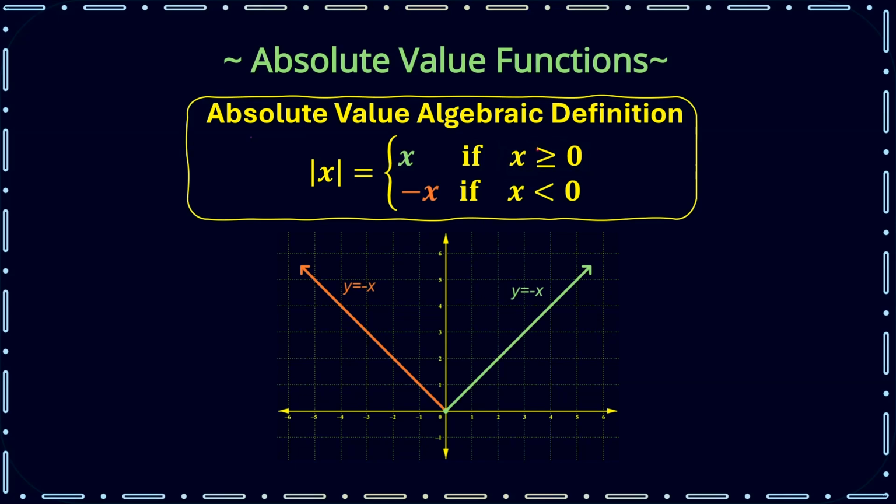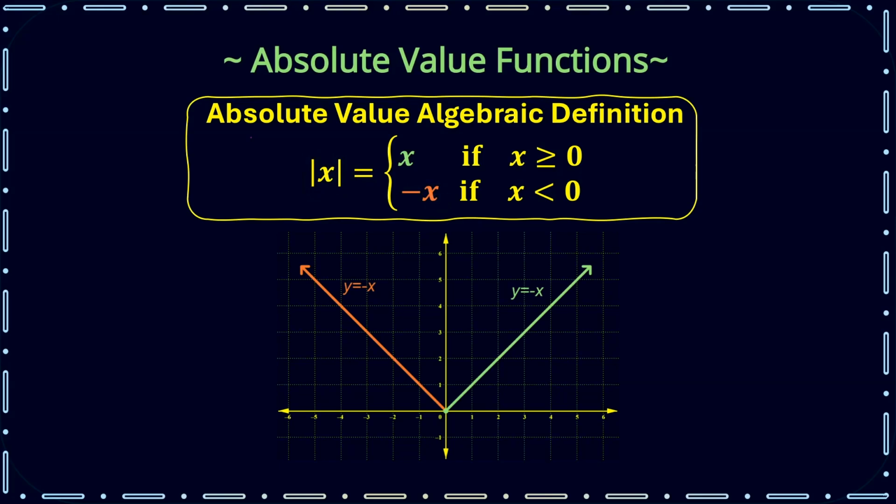Here we have x greater or equal than 0. Here we have x less than 0. So what this is saying is that absolute value of x is equal to whatever x is, if x is positive or 0, and if x is negative, then absolute value of x becomes the negative of